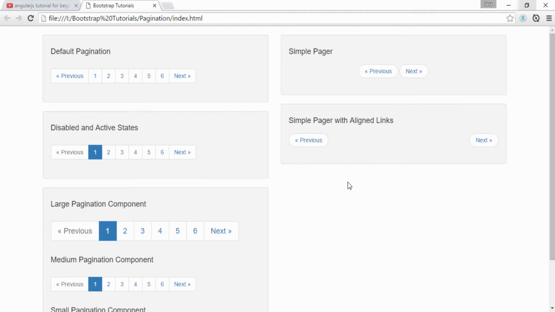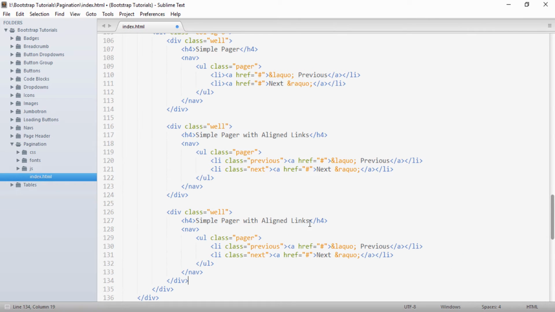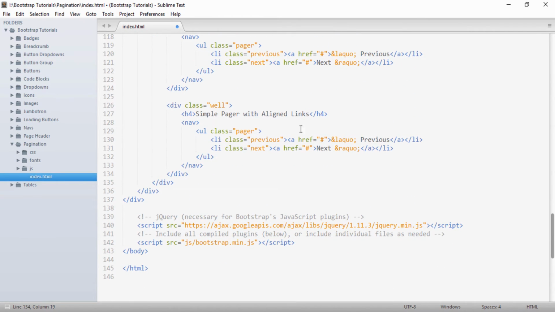So friends, we can even create a pager with a disabled link. Currently this link is active, we can make it disabled. In order to make either of the links disabled, we can go to our editor. I will just copy this part and paste it below, and I will provide it a heading as simple pager with disabled links.